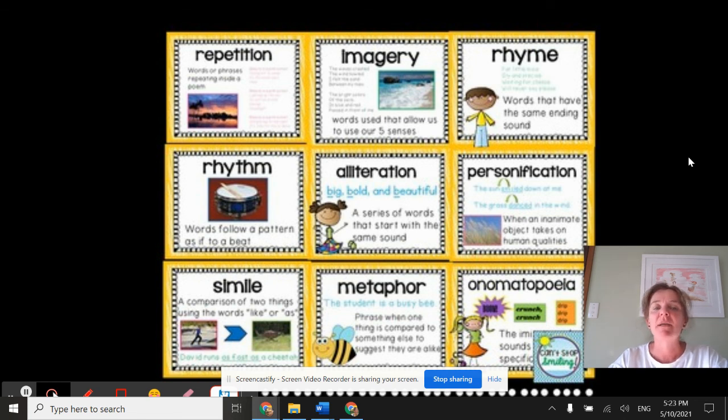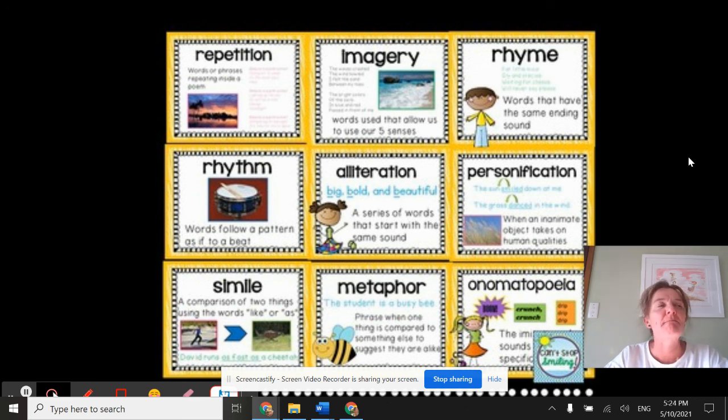The rhythm is a beat. It's almost like it could nearly be a song because it feels like it has a beat and a rhythm to it as you read it. Alliteration. I wonder if you know what that is. Before I tell you, it's where the first letters in the words are the same. Round and round, the ragged rock, the ragged rascal ran. All starting with the letter R.